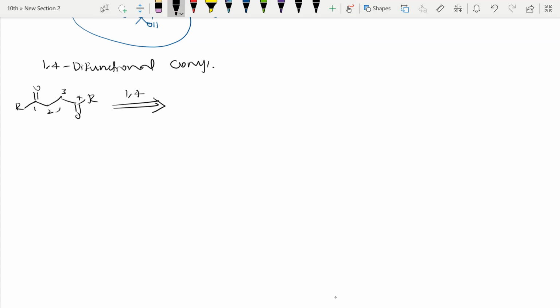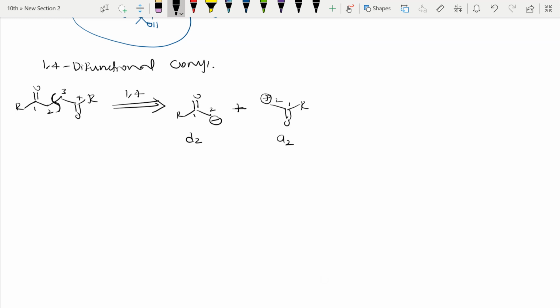In this case, you need to disconnect here, between 2 and 3 at the center, because of the intermediates, that is the synthons, we will get. We will observe here. See, this negative I will get, and one more will be this one, positive, right? So this is called the D2 synthon, and this is called the A2 synthon. I have told how: D means donor, electron rich. A means acceptor, electron deficient. Position 1, 2, so D2. And here A2, why is it A2? 1, 2, A2, right? These things we have studied, right?